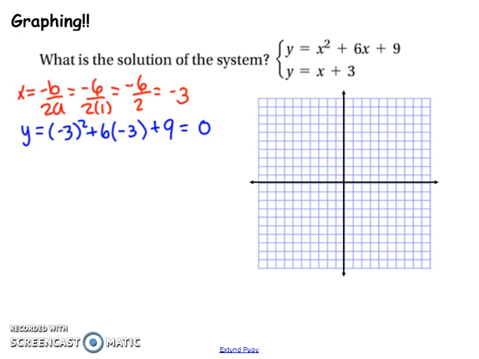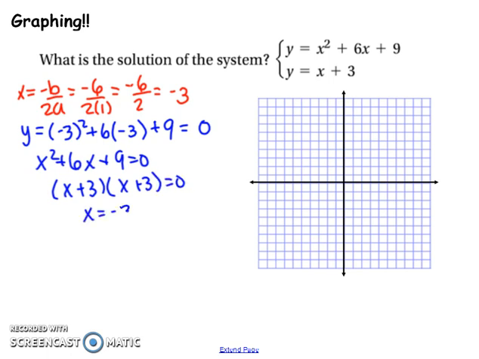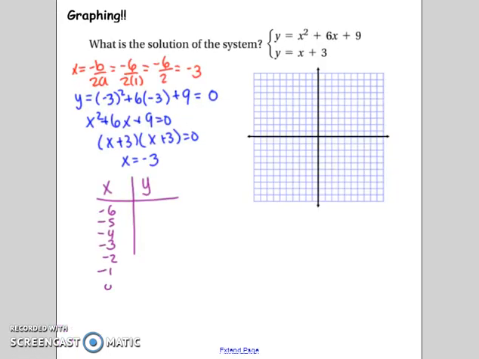If we try to factor it, we can find our x-intercepts. So multiplies to 9 and adds to 6. We can use 3 and 3. So x plus 3 and x plus 3. But that's not really going to help us, since if we set them to 0, we end up with x equals negative 3, which is the same as our vertex. So let's make an xy chart. So I'm going to pick values of x. I'm going to pick negative 6, negative 5, negative 4, negative 3, negative 2, negative 1, and 0,